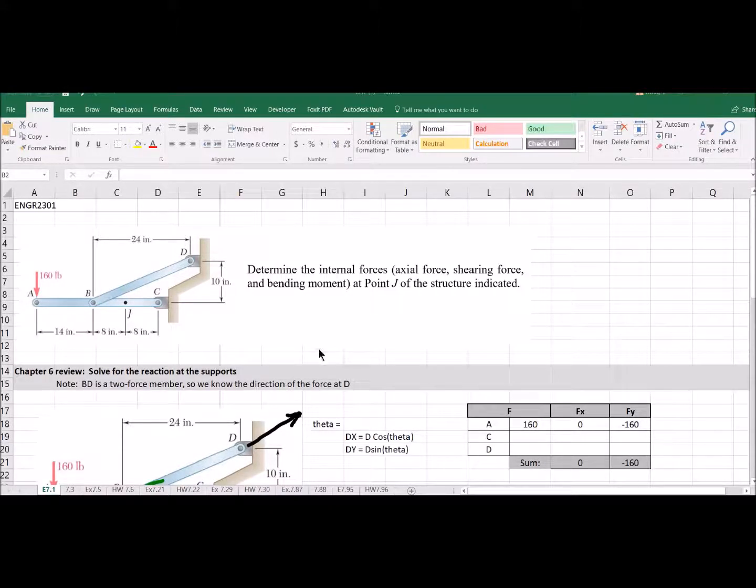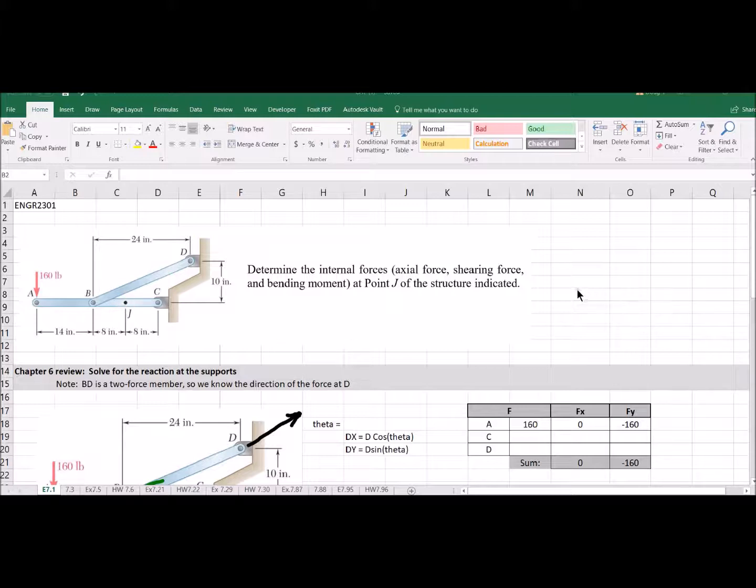Okay, let's work through one of these example problems in Excel. Now, some of these will be just easier to do by hand, so that's perfectly fine. Here we have a structure. We want to find the internal forces, which is axial, shearing, and bending moment at point J down here for